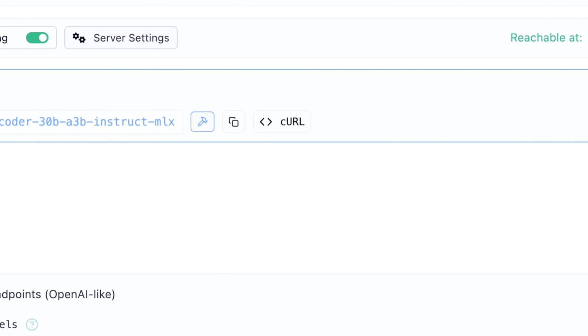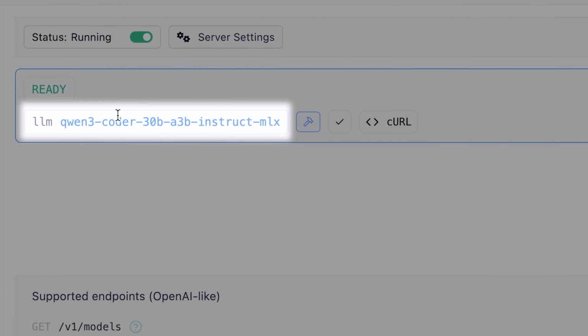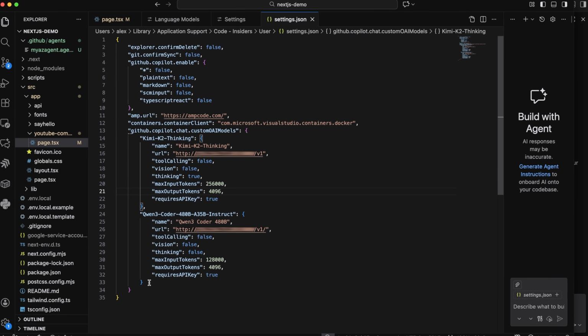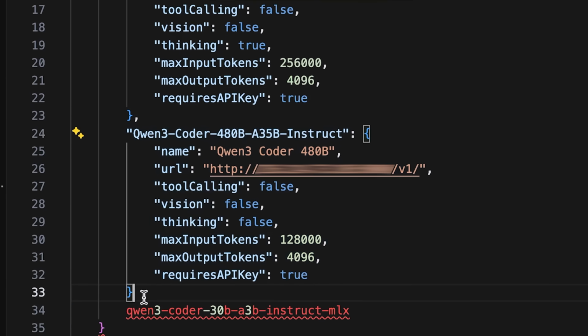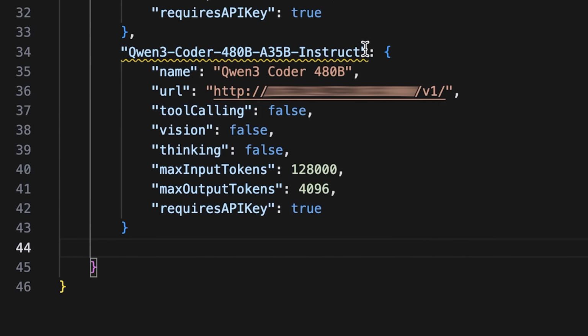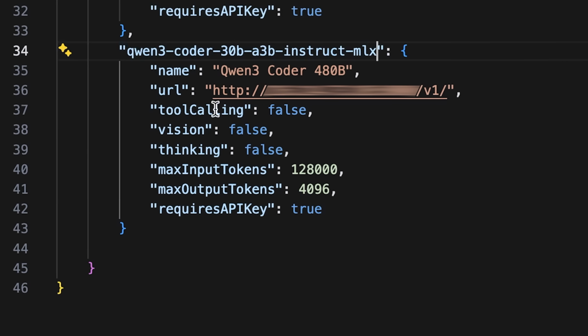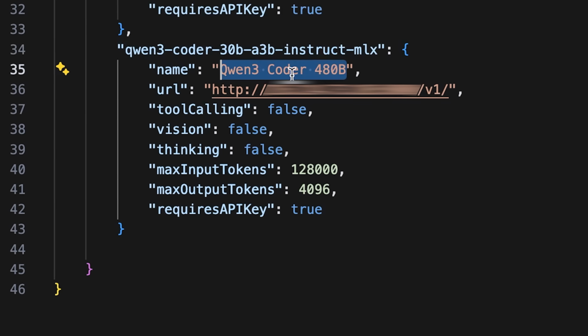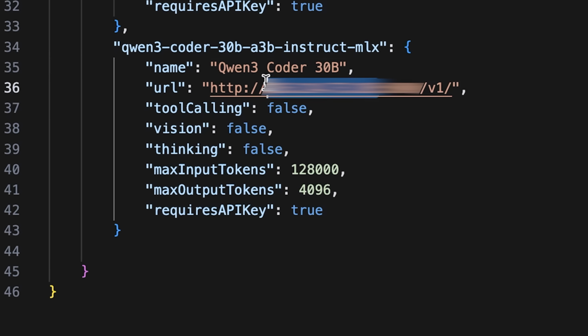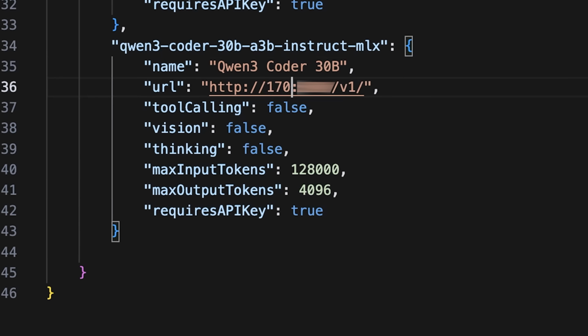All right. Now that I have that running, let's copy this ID, the model ID right here, and go back to our config. And I'm gonna copy one of these right here and paste it down here. I'm gonna use that key that I copied from LM Studio as the key here. The name, I'm gonna say Qwen 3 Coder 30B, that's the friendly name. And the URL is actually gonna be my local machine, which is gonna be